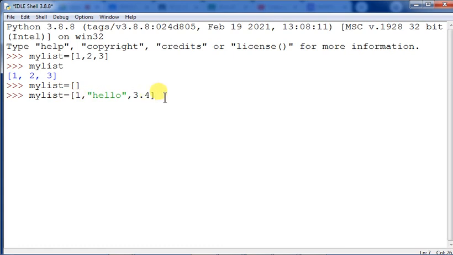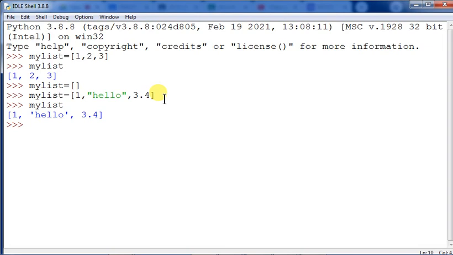These are all discrete data that you can take. It is not mandatory that you always take string data as well as integer data. So my_list, you can see, is 1, hello, 3.4. So a list has been made. How will you understand? Then you just give my_list, and you will see that these 3 elements have been printed.